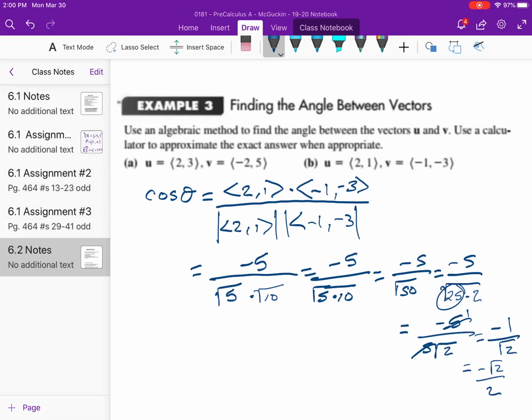And so, of course, you could have just substituted the cosine inverse of negative 1 over square root of 2 into your calculator and got the same thing. But this put myself in a position where maybe I didn't have a calculator, and I can clearly see that cosine, remember this is still cosine, equals negative square root of 2 over 2 at 135 degrees. And again, you are more than welcome to put that in a calculator if it's provided, but may not